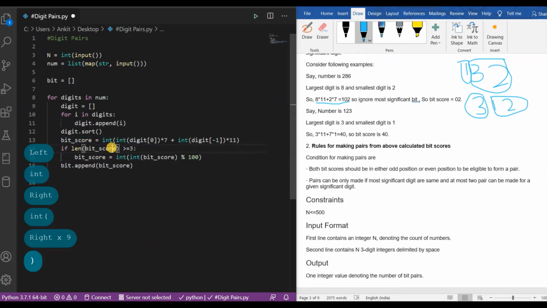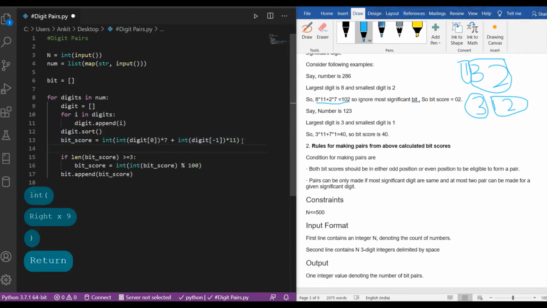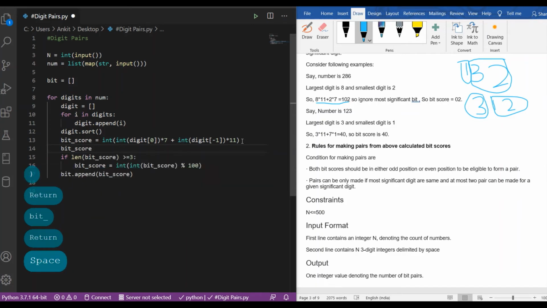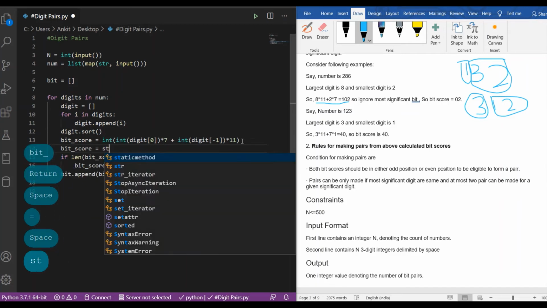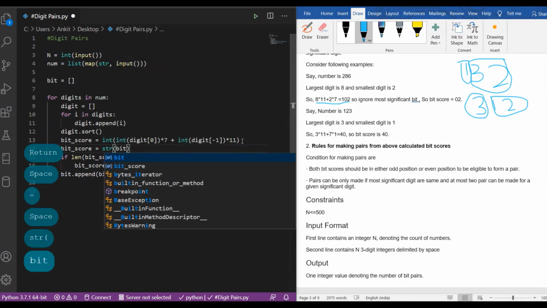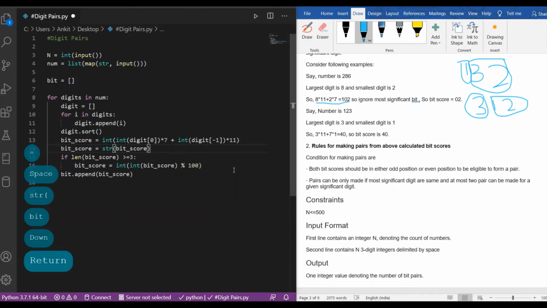As the length function will not work on an integer, we have to convert the bit score into a string. So with this we will get the two digit number.